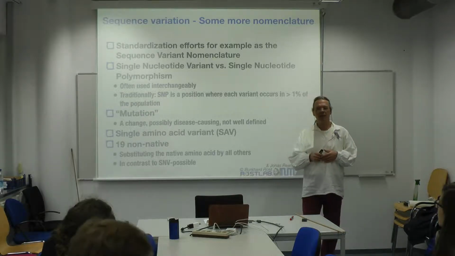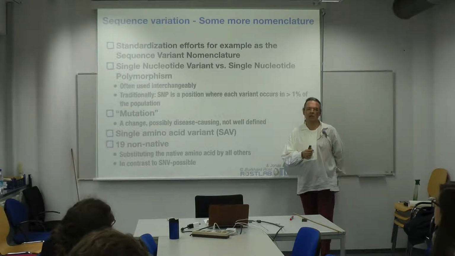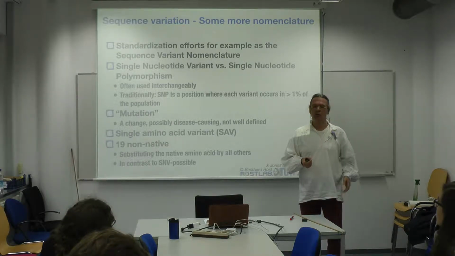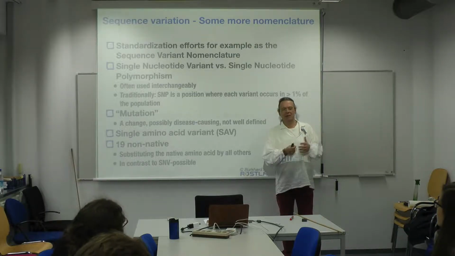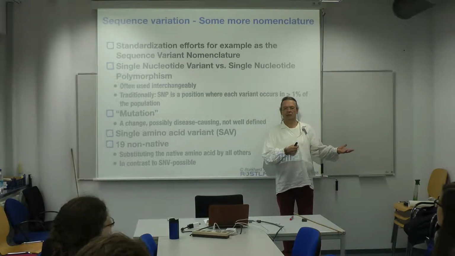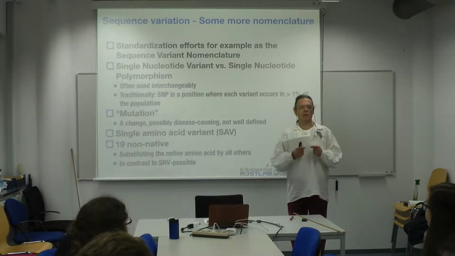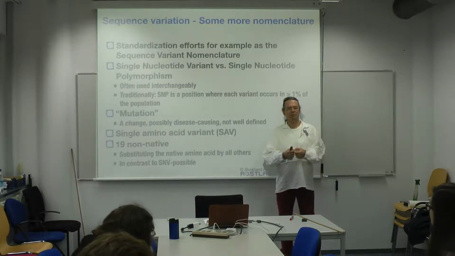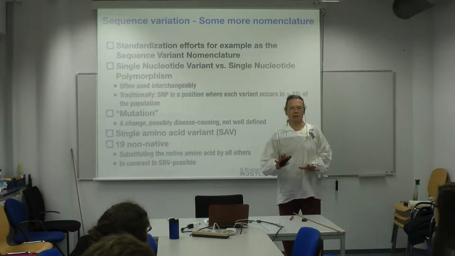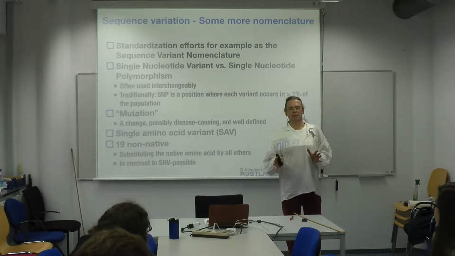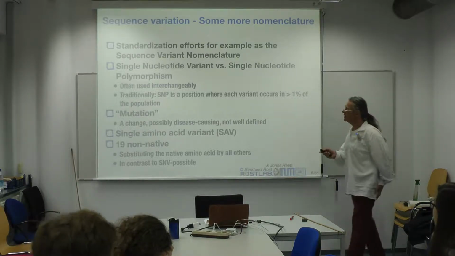Do you know what the idea behind the polymorphism is? The idea is ultimately that you observe it more than a certain frequency, and the reason for having that is because in doing the sequencing, if you did not observe it more often than some number, you would believe that was a sequencing mistake. Okay? So this is simply the word changed. Historically, SNP meant you have seen the variant in more than 1% of the population. And that is completely off because sequencing now is good enough. If you see one variant, you see the variant essentially 10 times in genome sequencing or something like that. You believe this SNP is existing, right? That's why these words have changed.